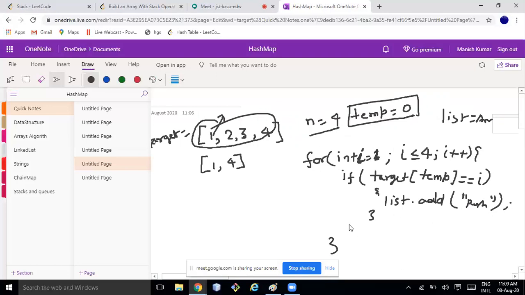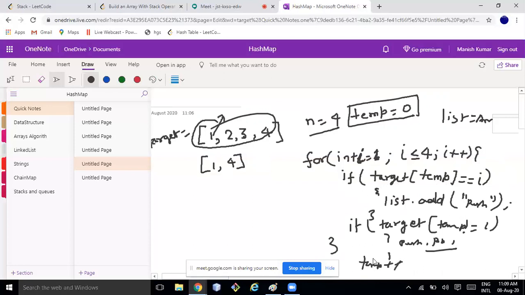If that is not the case, not equal to i, then I'll do both push and pop. But I can see some problem. After that I'll increment the temp, temp plus plus.